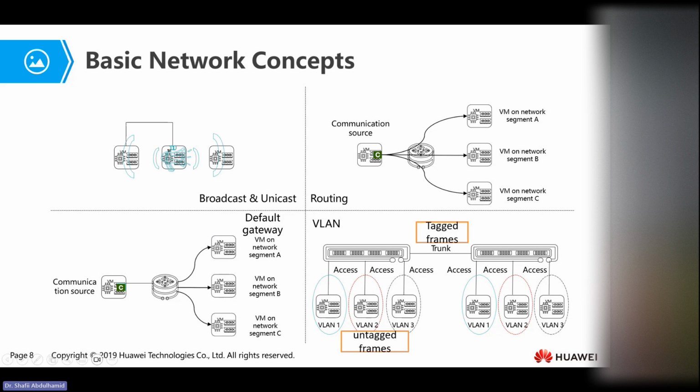Okay, so we have the routing. Routing, of course, takes place through the router. We always have a communication source, which is probably another virtual machine from another network. This virtual machine will have to send this information to various virtual machines, probably within different segments. So you can have a segment A of a virtual network and a segment B and segment C. So simply the router will route the information through these different virtual machines before a communication will take place.